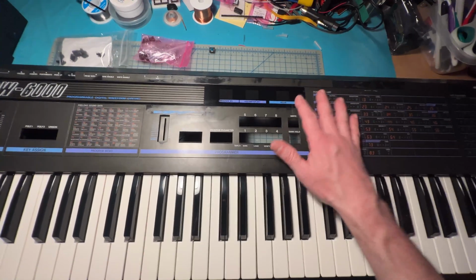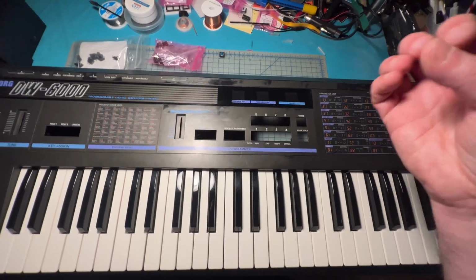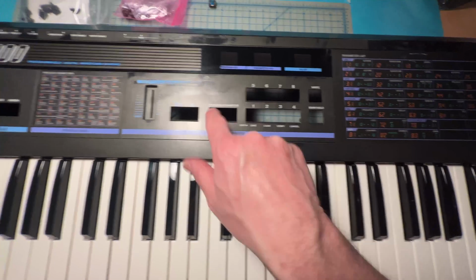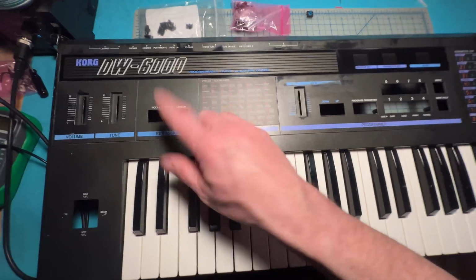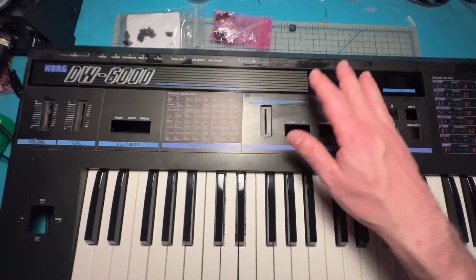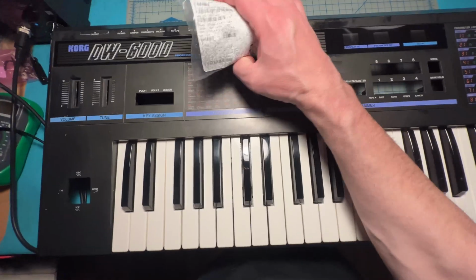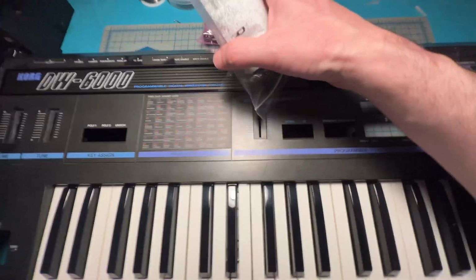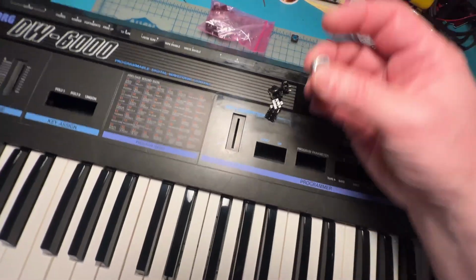So what I'm ready to do next is replace the buttons on the circuit board that goes on these buttons and these 3 buttons right here. And I just wanted to show you guys something that I think is really, really important. Okay, so here I have some replacement buttons, and these I ordered from this company called Taida in Thailand,